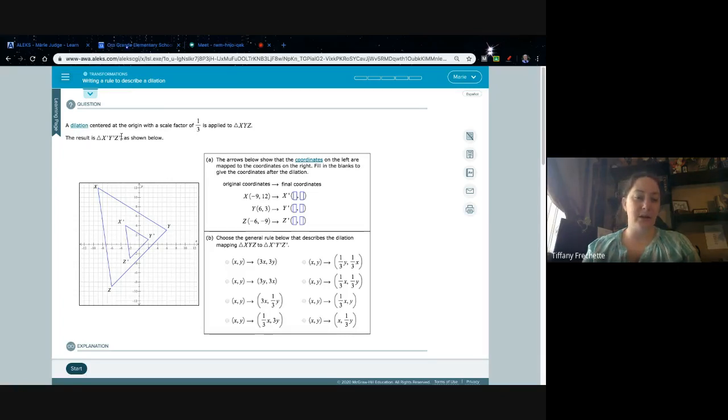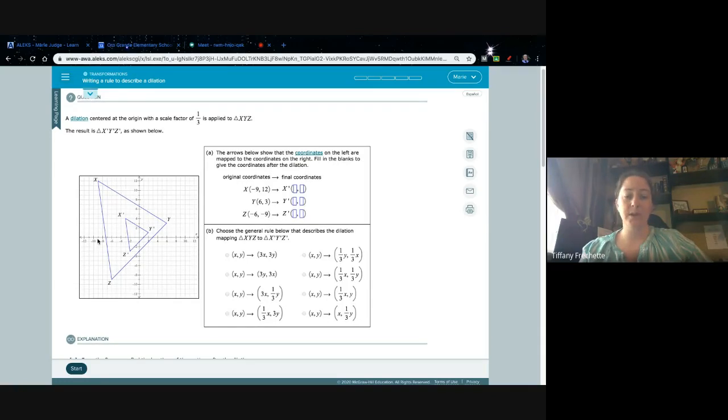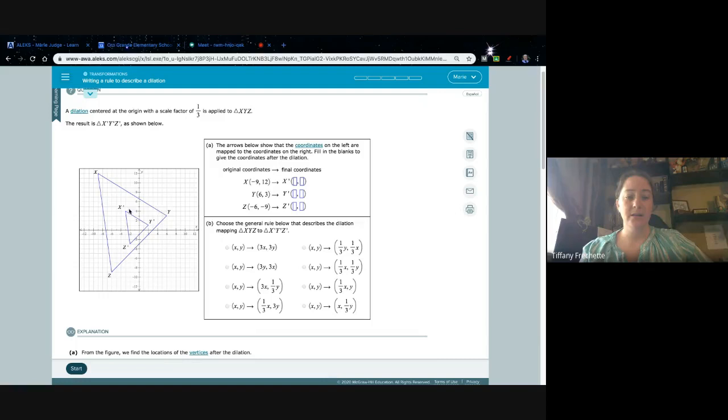Each one of these little apostrophes, we call them prime. So it's as shown below. We start with this larger triangle, and then we have this small triangle inside of it. The arrows below show that the coordinates on the left are mapped to the coordinates on the right. Fill in the blanks to give the coordinates after the dilation. So we go through and find the points of X'Y'Z', the new ones,